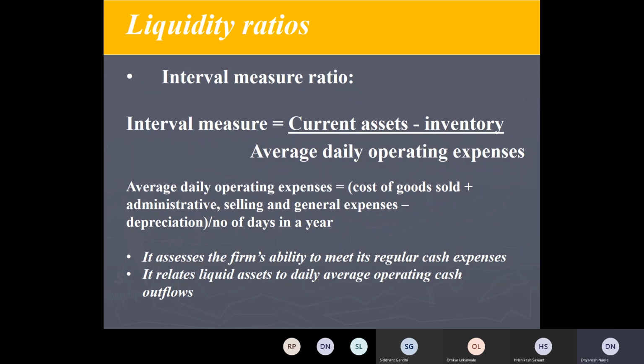Just revising, we had listed the various types of ratios like liquidity ratio, activity ratio, profitability ratio, and leverage ratio. We saw why financial analysis is important, and financial ratios are a very important tool for carrying out financial analysis. We started with a detailed discussion on liquidity ratios. We have seen 4 types of ratios under that: the current ratio, the quick ratio, the cash ratio, and the interval measure ratio. Next time mostly we'll try to cover all the ratios, and we'll take 1 or 2 problems.